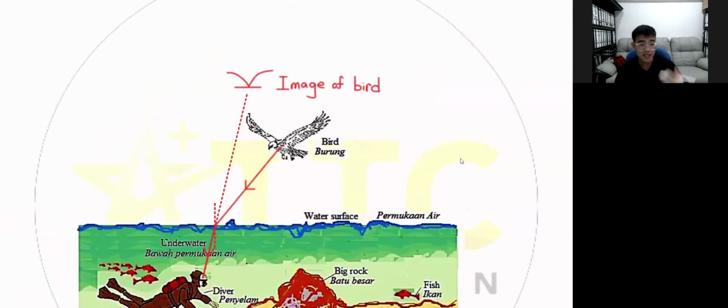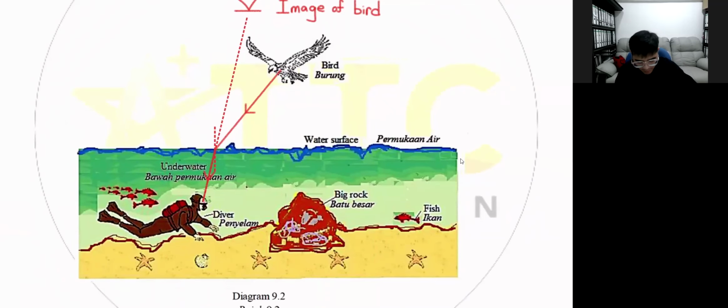Now this one is basically reflections, because light enters the water and then causes the speed of the light to change, because different density, different optical density, different medium. Yeah. Now, the reason why the diver is able to see the fish is because of total internal reflection. And again, it's also because when the light from the fish travels to the water surface here, what happened here is, again, you need to draw